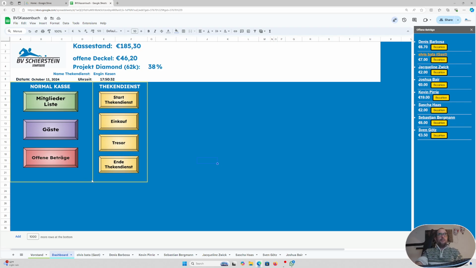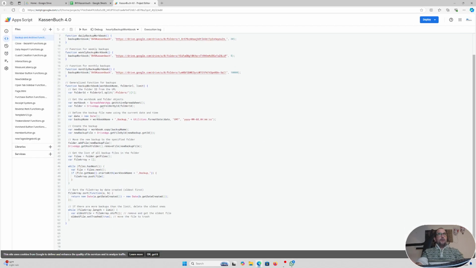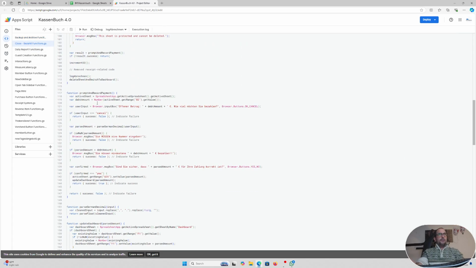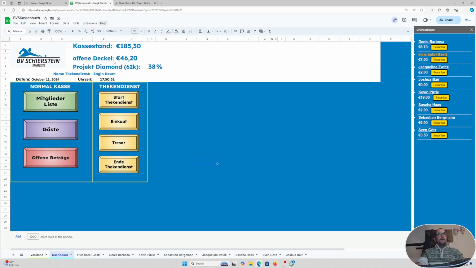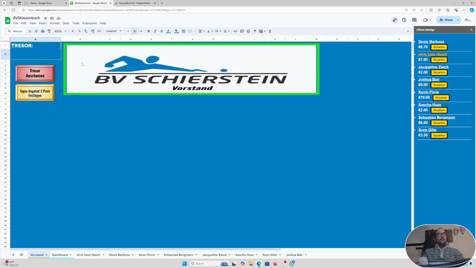There's some more stuff to this, but in the spirit of keeping this video kind of short, we'll keep going. And so, in Apps Script, when you click the Apps Script, you can see this is where all of the functions are defined that run this point of sale system. And this particular one lets you see